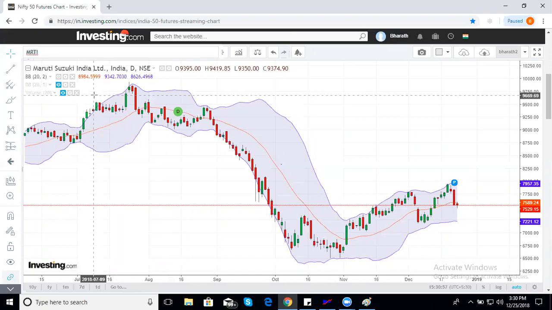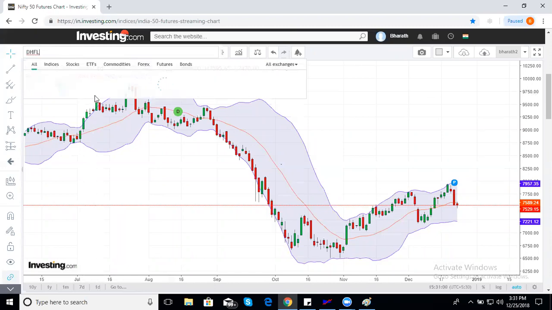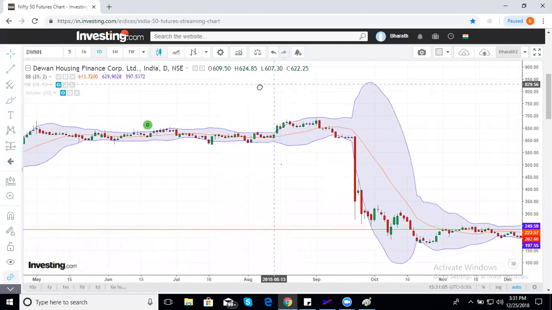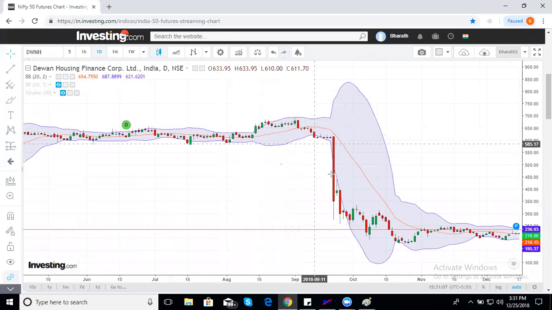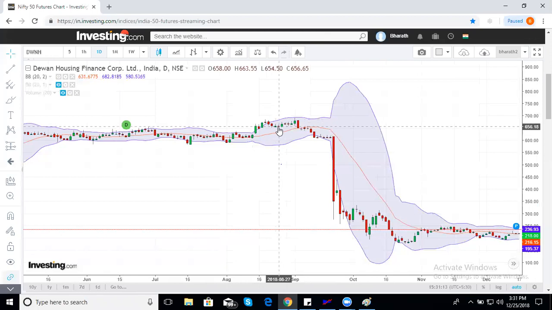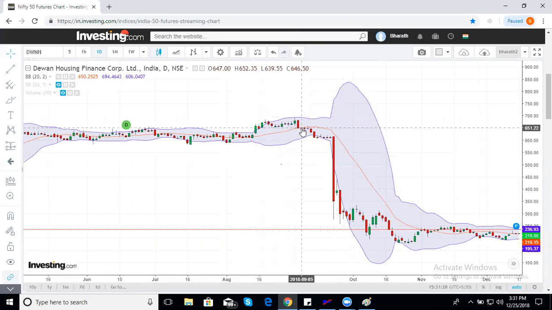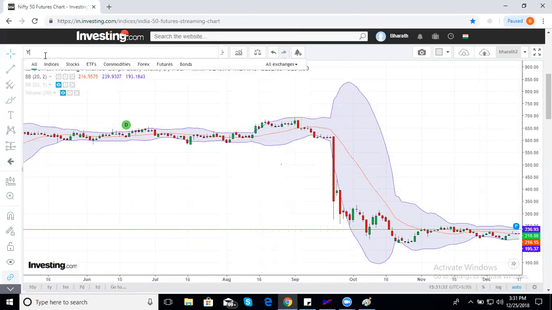You can call anything. Let's say DHFL, you know, all DHFL collapsed, all the finance stocks collapsed in September. Look at this. Even this side also, look at this. This is where the market fell. See, market went out, closed outside the band, came back inside the band. Next up move, it had no strength to close outside the Bollinger Band. This called for a M top in Bollinger Band. And this fall is no surprise, because market had already called a double top. M top or double top, anything for that matter.